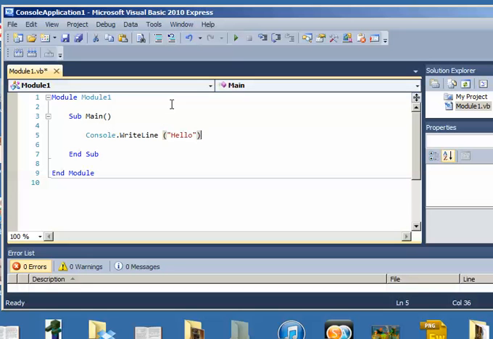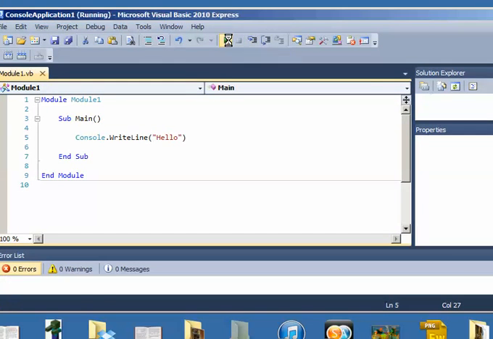Imagine these as a door, and I'm passing into this a parameter, a value, and in this case it's a string, therefore it's wrapped in double quotes. I'm passing it in, and this will write it out to an object called a console. This function WriteLine will write out to an object called a console. And I'll press the play button to run this,